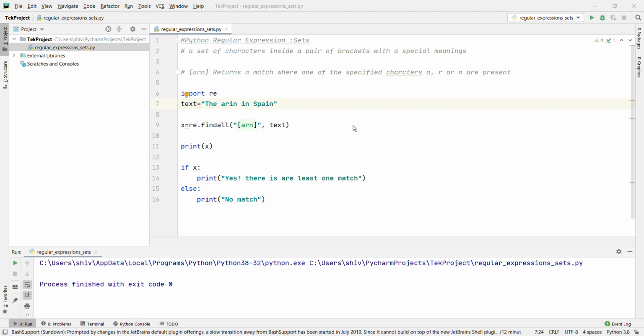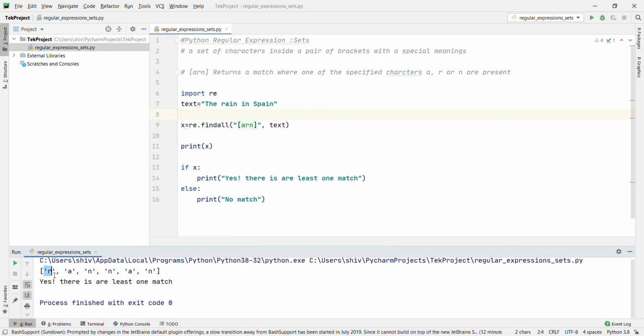Let's run and see. r, a, n, n, a, and n. This is clear now.